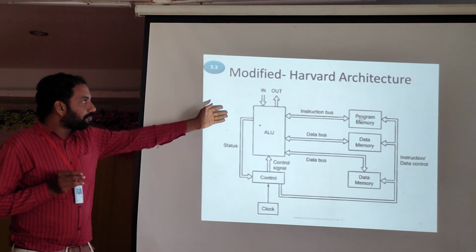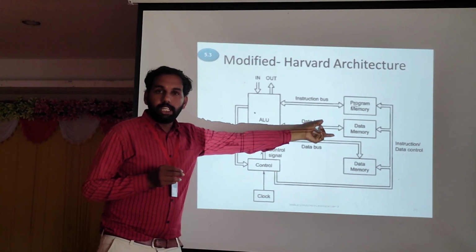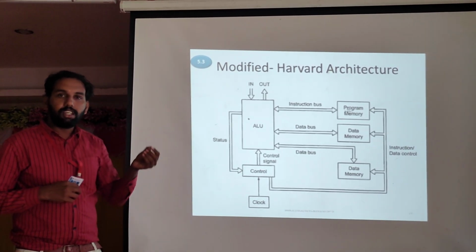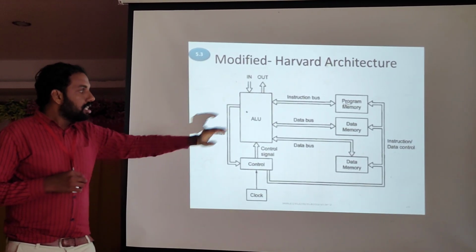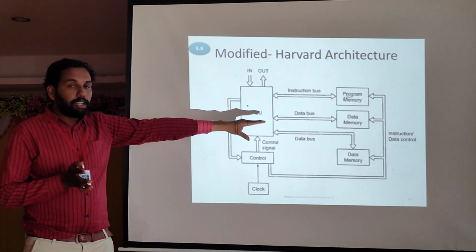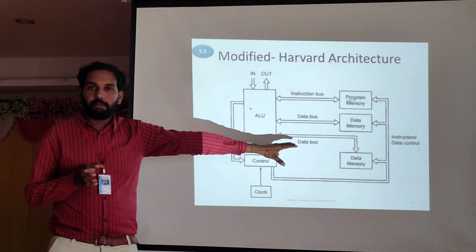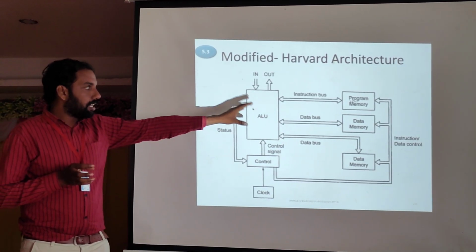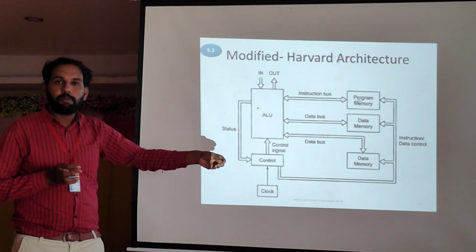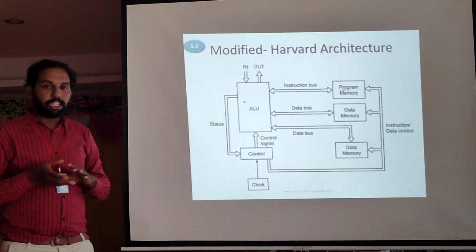Next we are going to see the architecture of modified Harvard. So here we have used two types of data memory. Both will accept, receive and process the data. Whenever an instruction is processed, both data memories will collect the information, process it and send it to the program memory. The program memory will be the mediator between the CPU and the data memory. Both will operate like that. Program memory will receive the information, give it to data memory 1 and data memory 2 and process the operation. This will be the main advantage of the modified Harvard architecture.